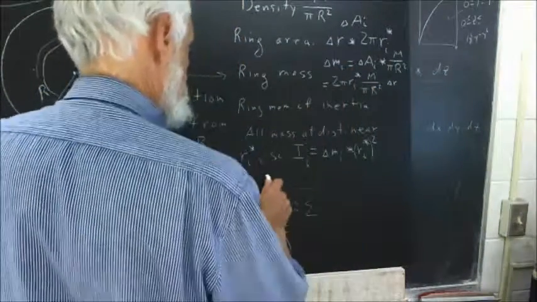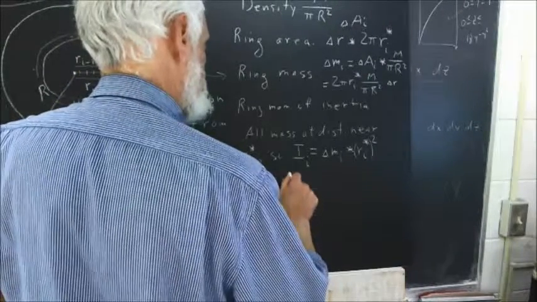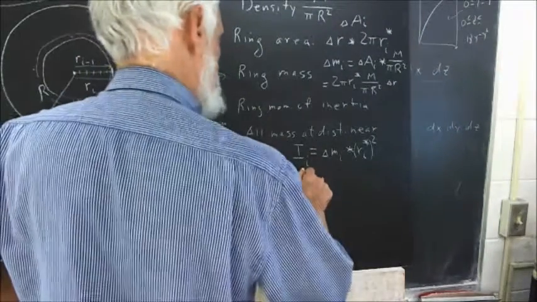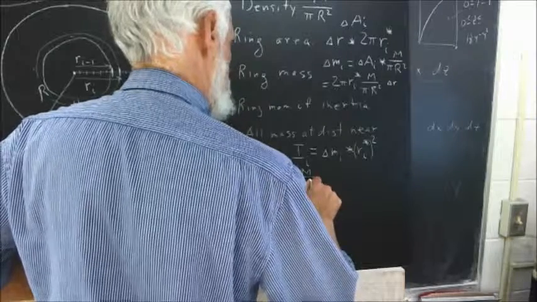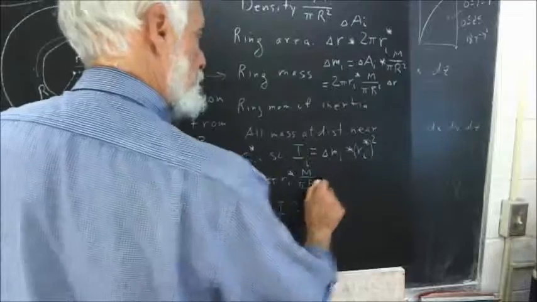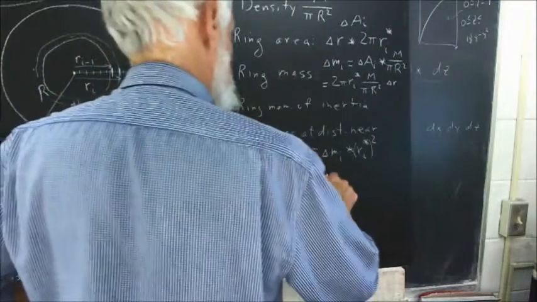So we're going to get 2 pi r sub i star multiplied by M over pi times big R squared times delta r,